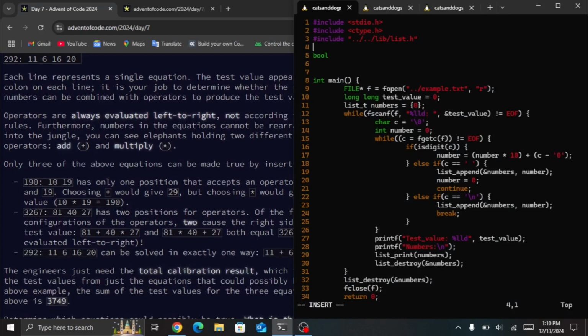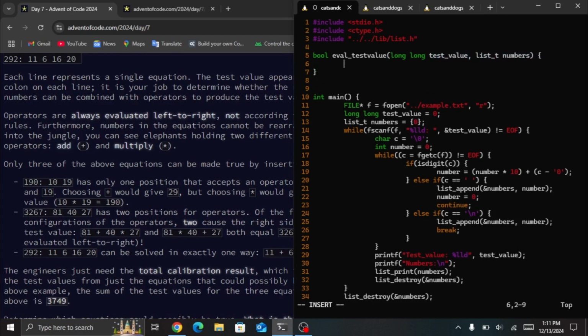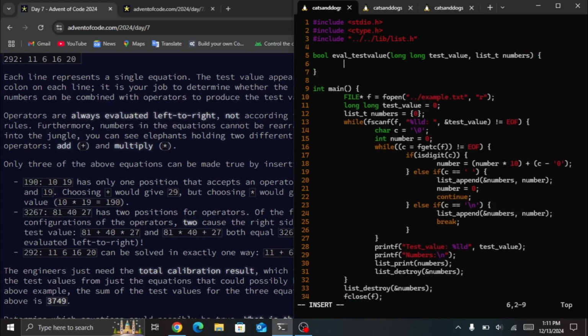So I'm gonna have a function, guys, called bool eval_test_value, and we're gonna have a long test value, and we're gonna accept a list t of numbers, and we're gonna say, guys,